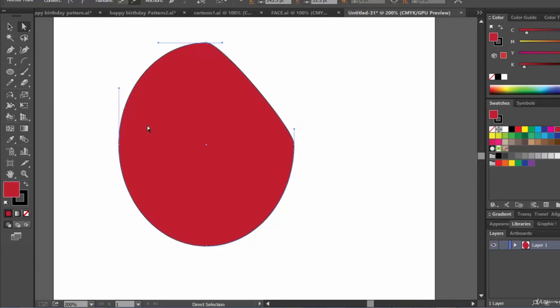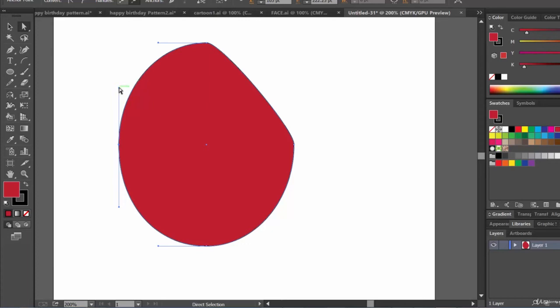See? Let's click on this anchor point and see. So you can see anchor handles only on curves. These control handles control the curvature of a path. Now, this is what an anchor point and anchor handle is.